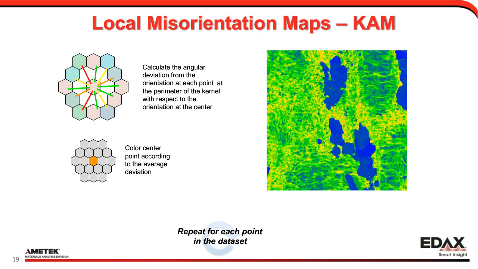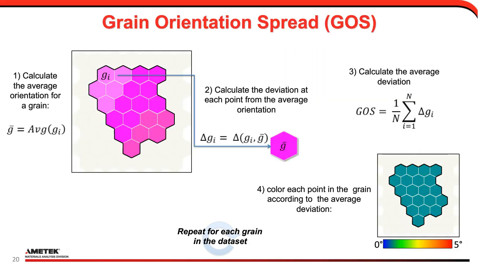And you repeat that, I've failed to mention, you repeat that for each point in the data set. Now, another one is we call the grain orientation spread. This is a grain-based idea. So you have to first partition your points into grains using our standard grain reconstruction approaches based on nearest neighbor